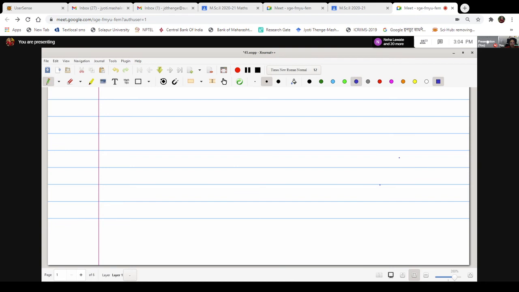What can I write? Norm of x minus y0. I just want to prove it is equal to d. Therefore, I will write this y0 as limit n tends to infinity of yn, which we can write as norm of limit of x minus yn, no doubt n is tending to infinity, which one can write as limit of norm of x minus yn, n tends to infinity, which is equal to d, no doubt.